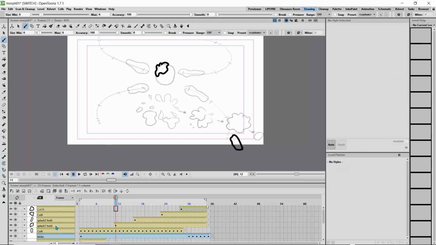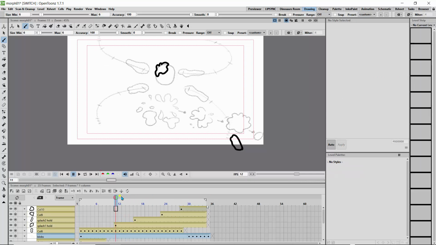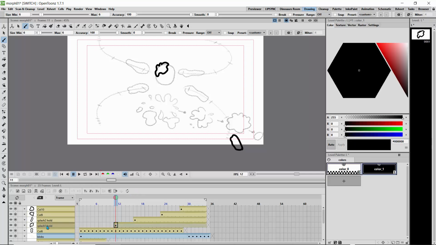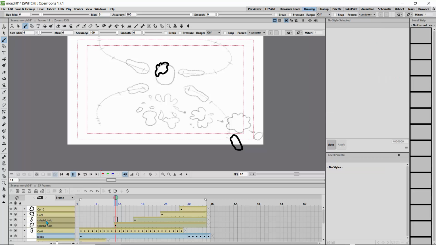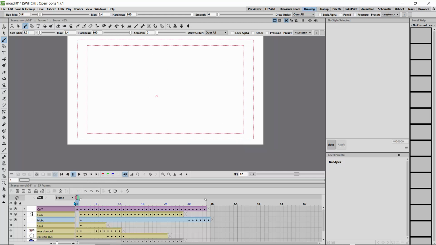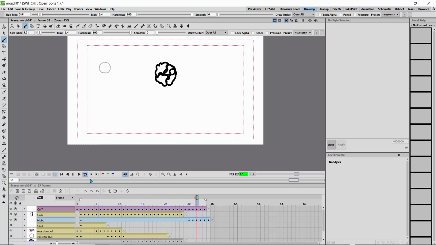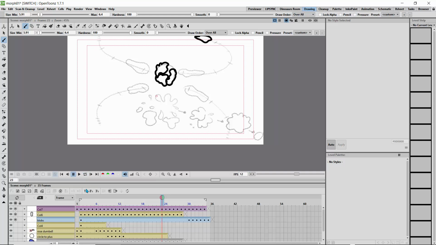Now where we have all these splashes holding, we can actually collapse them into a group, and this is how we do it. So let's click on this one and I hold Control and click on splash hold and these two other splash holds. Next I'll go over here and say collapse. So if you play that, we have one group that contains everything. So I'll just call that